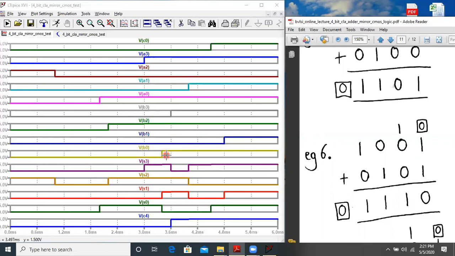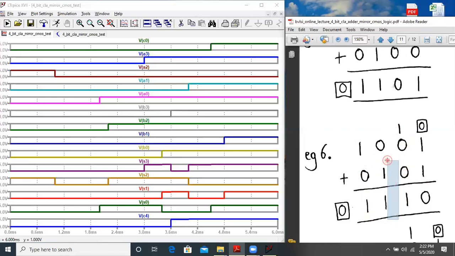So it is also added over here properly. Let us check the sum. Sum result is 1, 1, 1, 0, written correctly. And C4 is also 0 over here. Now let us check the condition. First case we have 1 plus 1, the sum is 1 and the carry is 0. Then 1 plus 0 is 1, 0 plus 1 is 1, and 1 plus 0 is 1. So this is also correct.